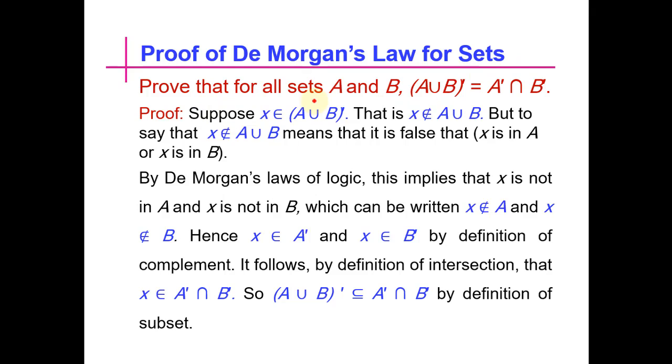Prove that for all sets A and B, the complement of A union B is equal to A complement intersection B complement. Now we suppose that x belongs to (A union B) complement, and this means that x does not belong to A union B. What it means to say that x does not belong to A union B,